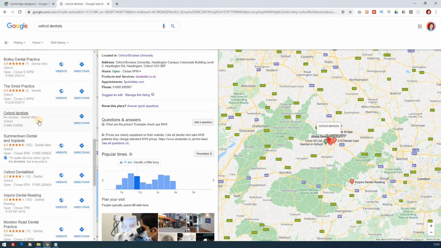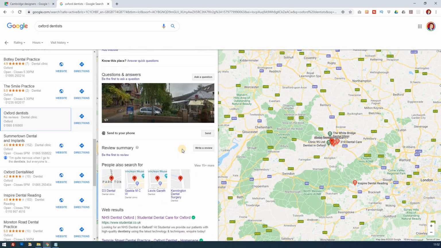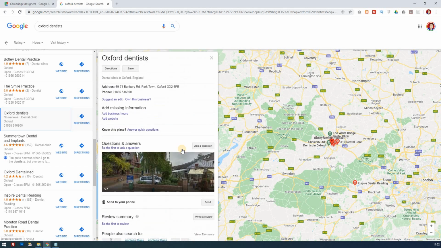So here we've got Oxford Dentist. Now that is the perfect business name, but let's see what's behind it. So if it genuinely is the Oxford Dentist, and that's their business name, then they could really take advantage of this, because they haven't even claimed it. Own this business? It's just a question mark. So clearly that's not been claimed. There's no business hours and website added. I mean, this is coming up really high. It's got no reviews. It barely seems to exist at all. And yet there it is. So if that is your business, then if you claim that, you could probably go straight to the top.